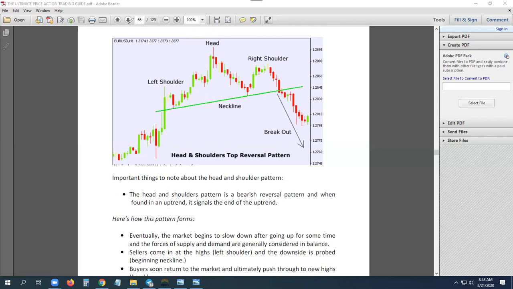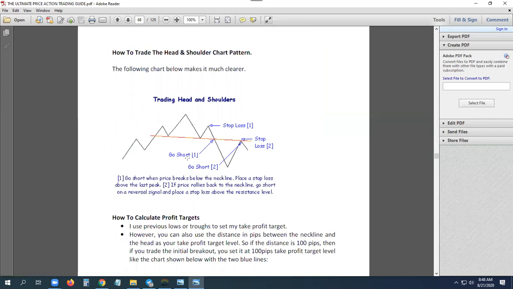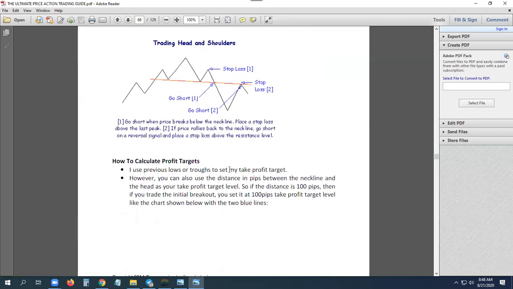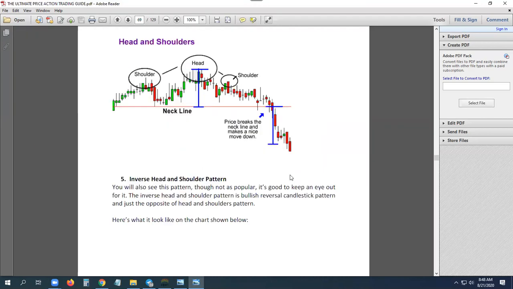All right, then they're talking about you can go short here immediately at the breakout, or you wait for a pullback trade, you go short. Okay, and you see they're explaining how you can calculate your target. You see, from head to neckline, that is the target. Count from the breakout area to the downside, just like I showed you, from here to here. So this distance is also the distance from where the breakout occurred to where your trade should close. That's how we trade this.